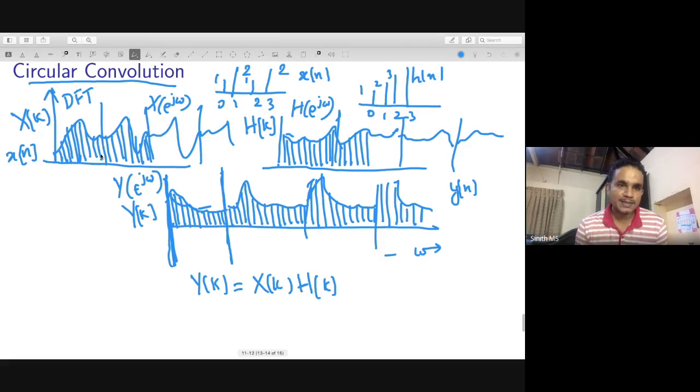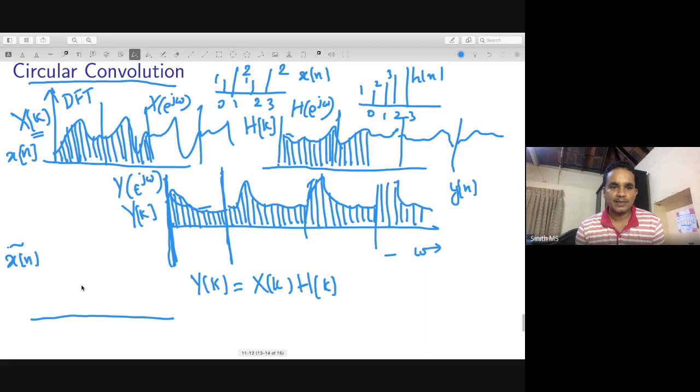So if you make it discrete in frequency domain, it will become periodic in time domain. So your new x of n, let me represent it as x tilde of n, which is not basically x of n, but